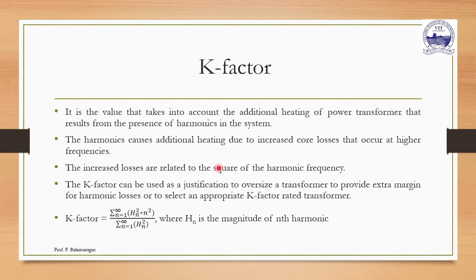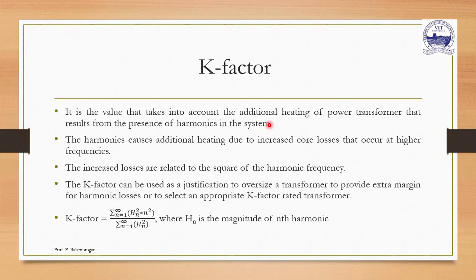K factor is a vital and very important power quality index, which takes into account the additional heating of the power transformer that results from the presence of harmonics in the system. Which means that if a transformer is rated for 10 kVA and it is supplying a load of 8 kVA, and let us assume the load draws the fundamental power of 8 kVA plus the transformer is supplying 1 kVA of harmonic power. So if that is the case,